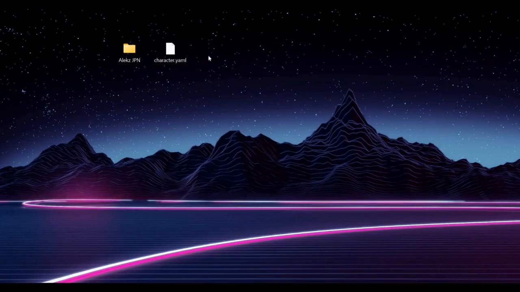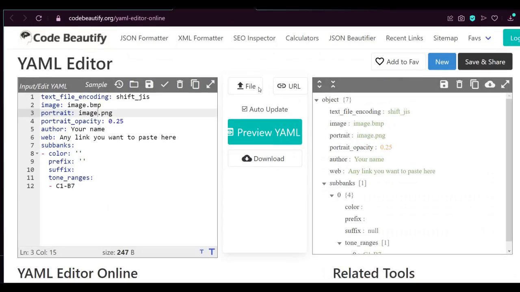So what's the content of this file? Well, it's all of this. I'll leave the download in the description of this file and any resources I need to give you. So yeah, in this text file encoding, you don't need to change anything at all. And this image, it's the icon that I showed you previously, and of course you'll need to rename it. Like for example, mine's Alekz.bmp